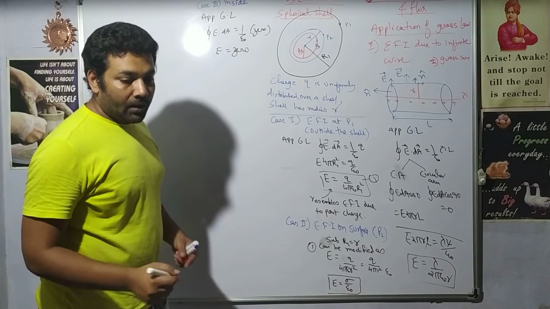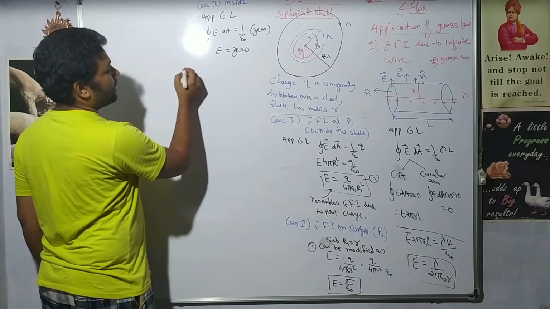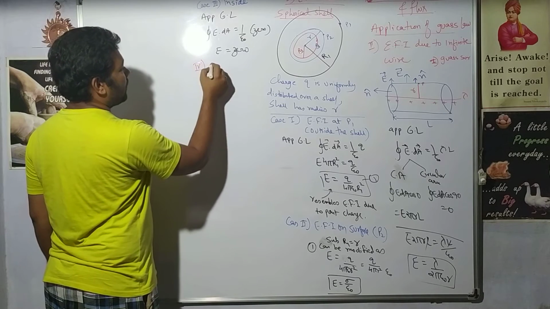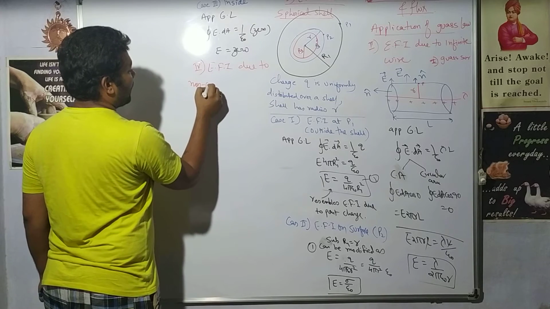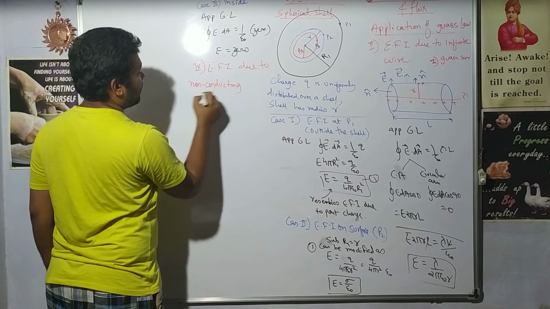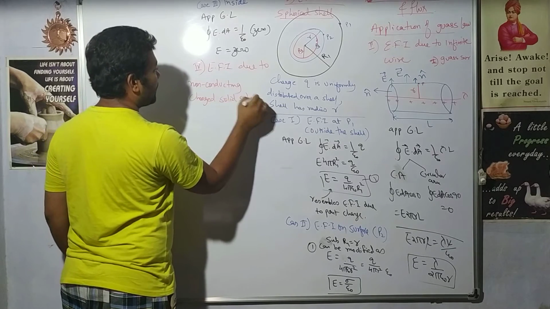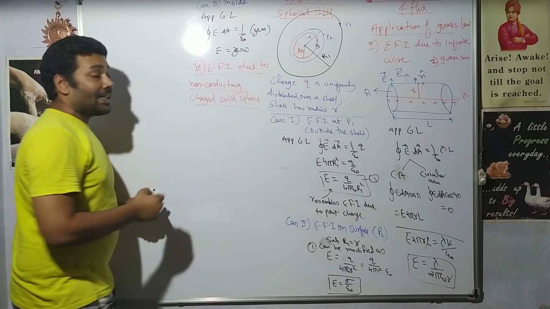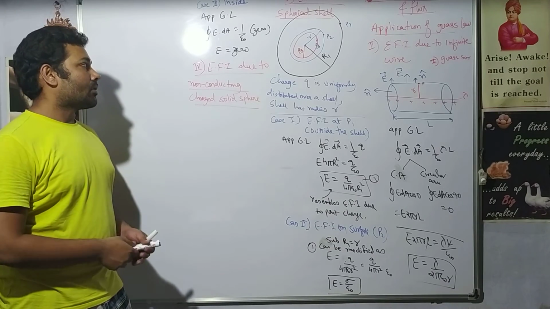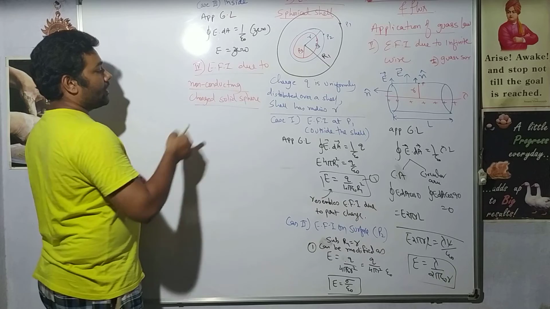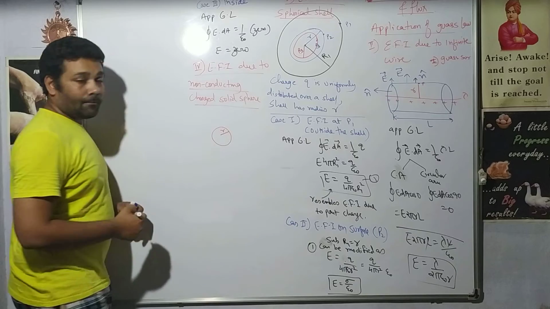Then the next, the fourth one, we have electric field intensity due to a non-conducting charged solid sphere. It is solid throughout; it has material throughout. What will happen if you select a conducting sphere? That is a question to you. Keep thinking, we'll discuss at the end of this derivation. So let us see again, electric field intensity due to a solid sphere. This is a solid sphere given to me, it has a radius r, right?